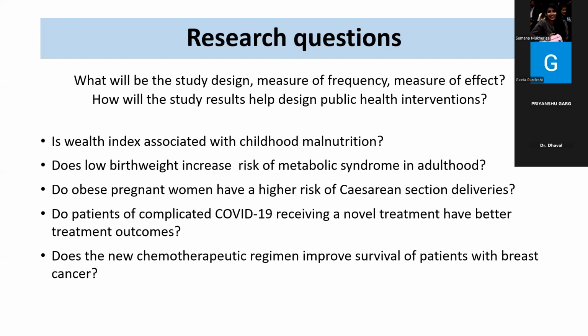You will identify individuals without metabolic syndrome, and assuming that there is good record keeping and all these people have records of their birth weight, you will get information on their birth weight. That is the exposure, and you will calculate an odds ratio. You will not be able to calculate the prevalence rate or the incidence rate here. You will be able to calculate the odds and the odds ratio. Are you getting me,